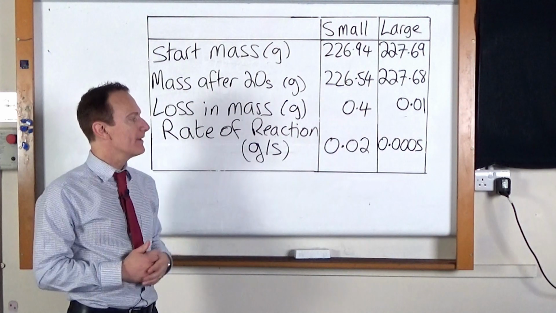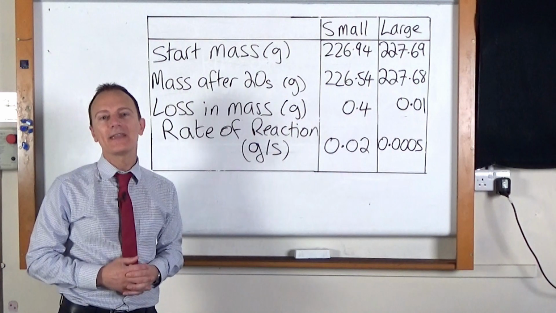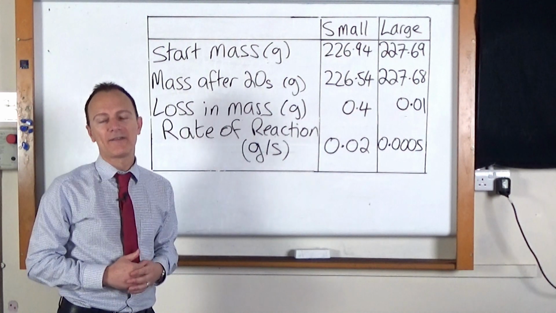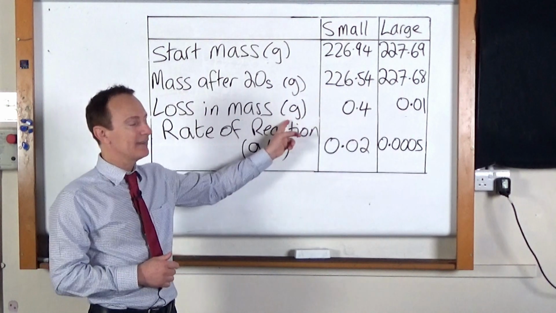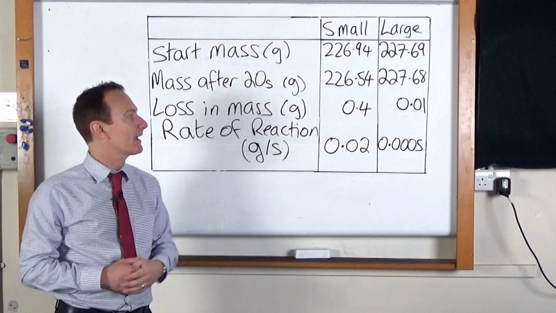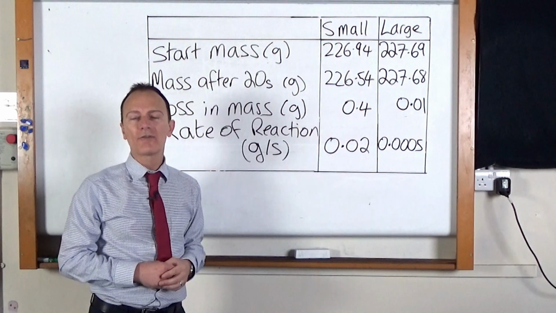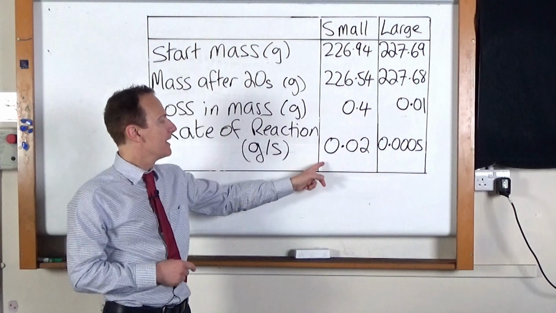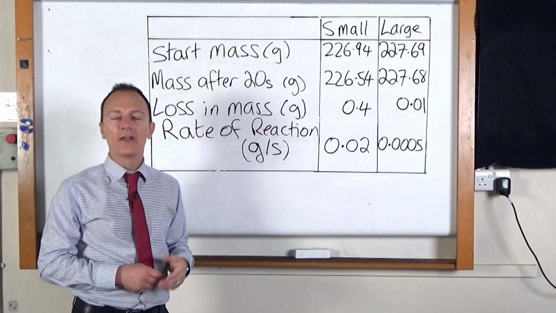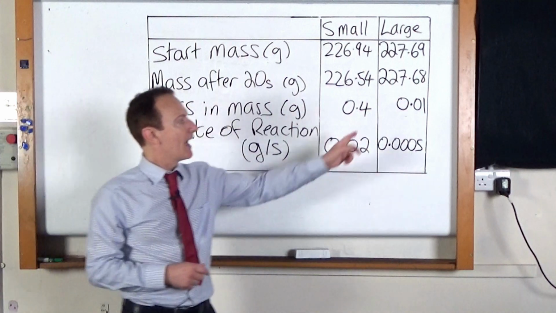Now, to work out the rate of reaction, I had to remember the equation. The rate of reaction is the amount produced divided by time. So in this case, the amount of gas given off in grams divided by 20 seconds. So 0.4 grams divided by 20 seconds gave me a rate of reaction of 0.02 for the small marble chips,